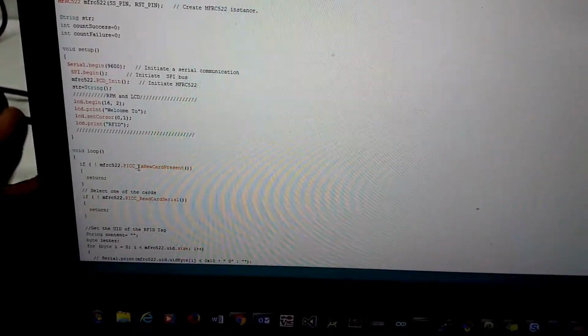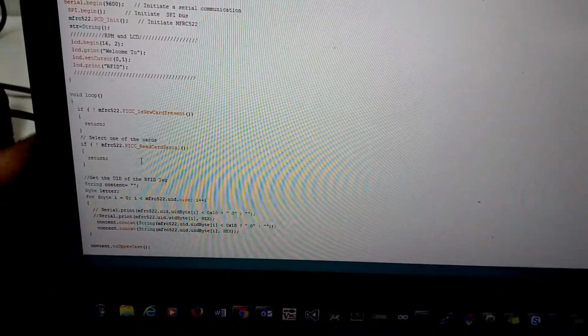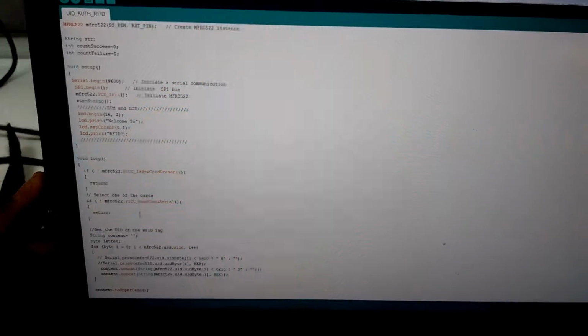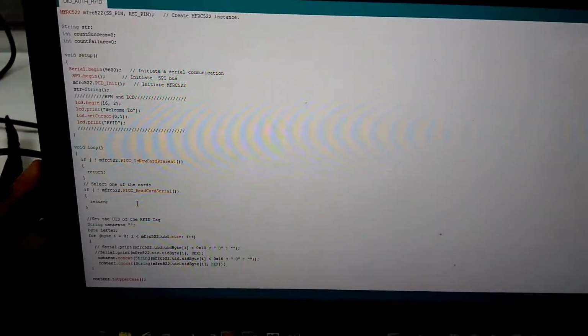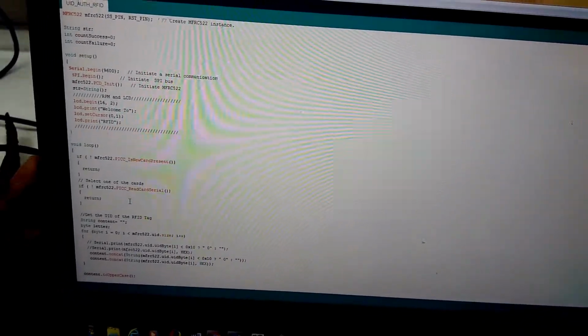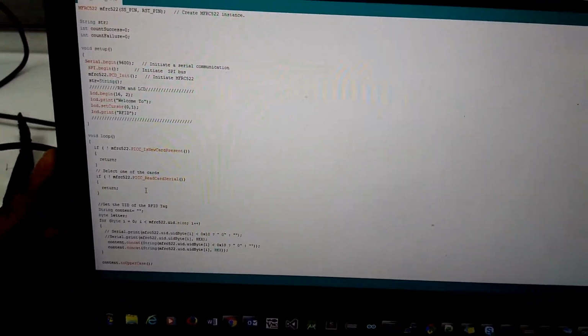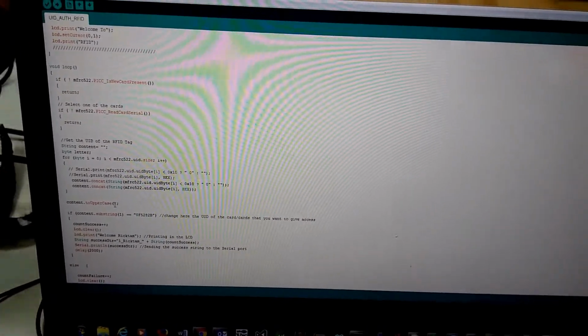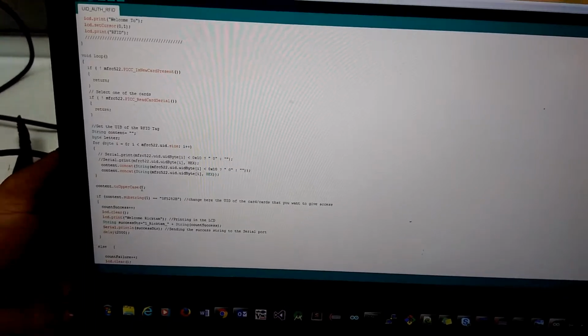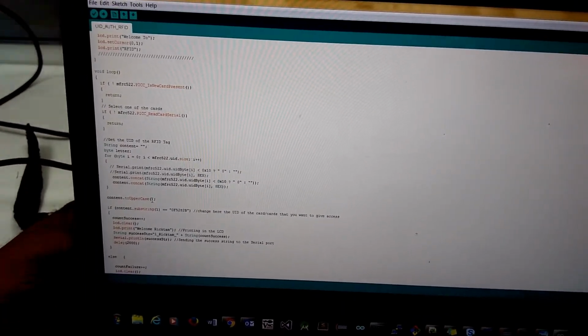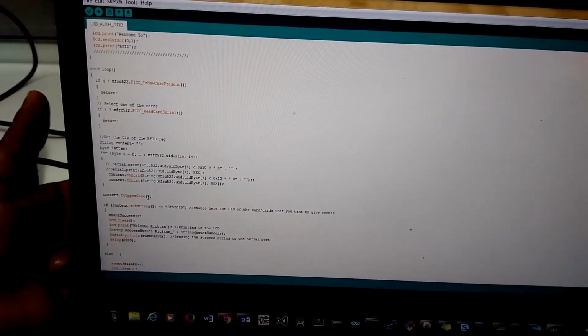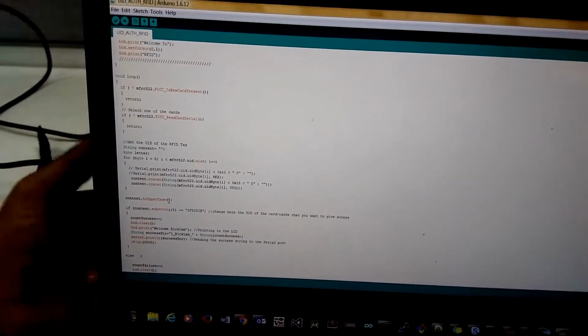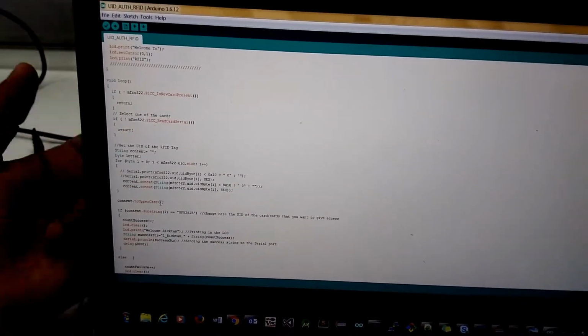Now in loop, what I am doing is reading the card's UID, which is a 4-byte number, and I am converting that into a hexadecimal number, and on the basis of that hexadecimal I am checking whether this RFID tag is a valid tag or an invalid tag.